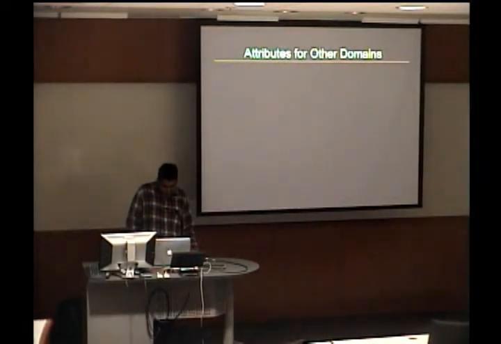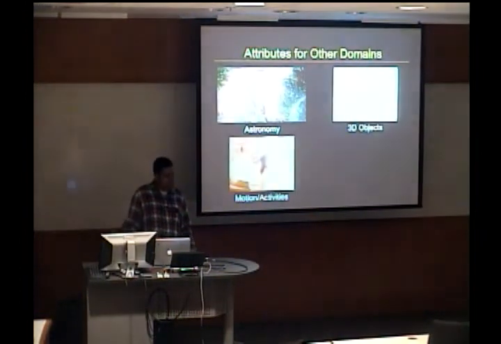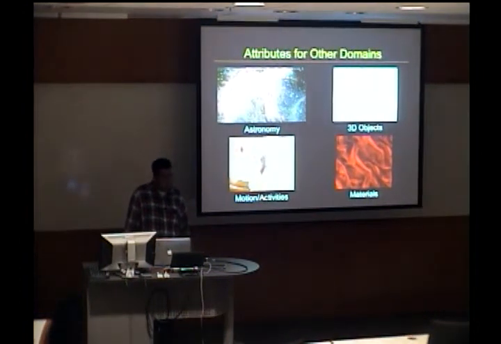So I think the first thing, of course, is that we could expand this to other domains. We could look at things like astronomical images, or 3D objects, or motion or activity recognition, or material classification. If you want to identify what a material is, right now the way people do it is using active illumination. You have a control system where you have your material sample, and maybe a camera on a gantry, and maybe a light source on a gantry, and you collect all these measurements, you try to reconstruct the BRDF, and from that you try to figure out, oh, this is likely to be silk or something like that. But there's an open opportunity to use attributes to really try to identify materials